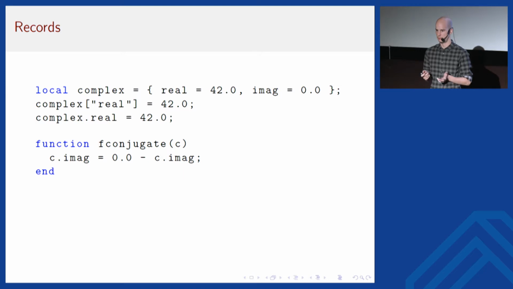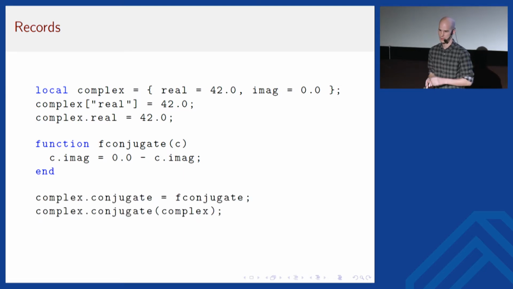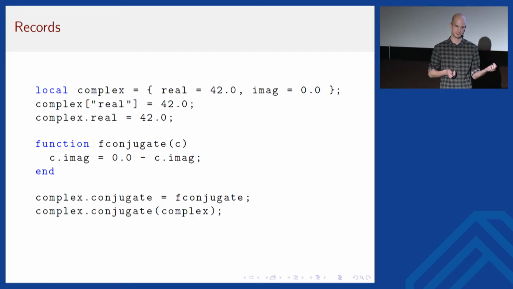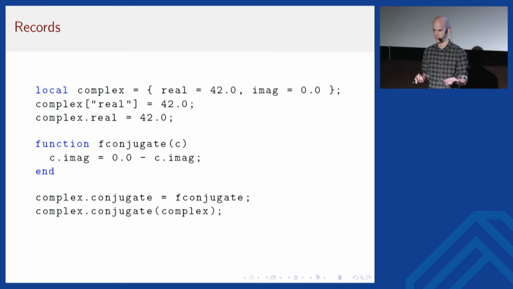And now to turn that into a member function, I simply create a field inside the table and assign the function to that. And then when I invoke it, like you see here on the last line, that is very similar to what you would find on a lot of C APIs, for example, where you give the this pointer that is implicit in a method function called in C++ explicitly. Right? This is just what happens.